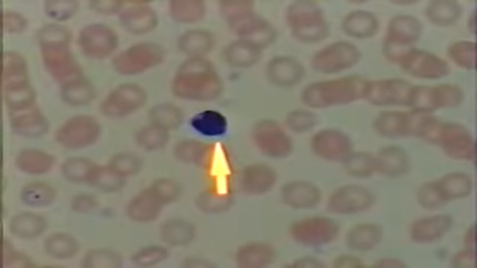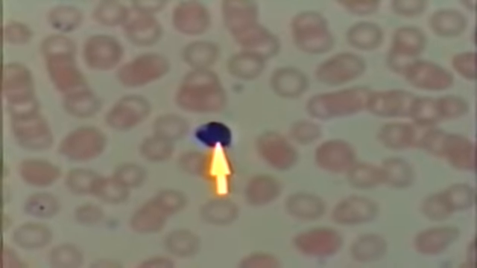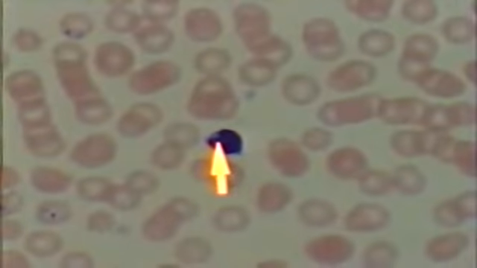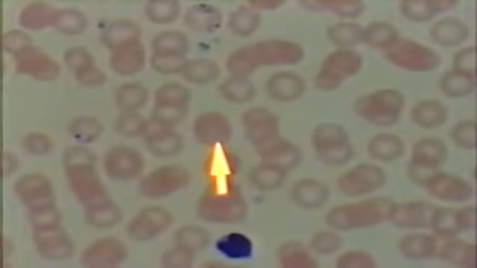The last series of slides that I'd like to show you are infected with the Plasmodium species, either vivax or falciparum. I'll first start with Plasmodium vivax. Before you start this slide, you need to remember the fact that there are cells in the blood other than those of the parasites, and this is illustrated fairly well here, where we probably have a small monocyte present, given the fact that it has this little indentation in the nucleus,